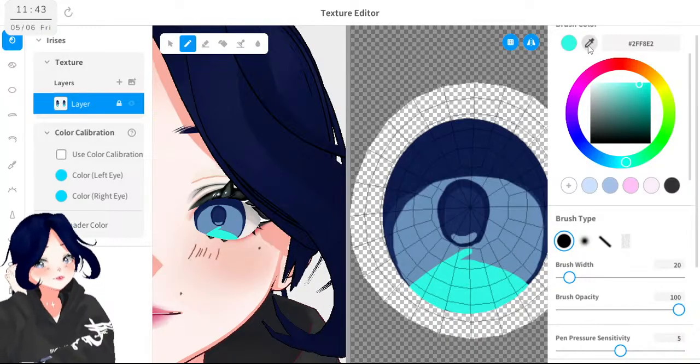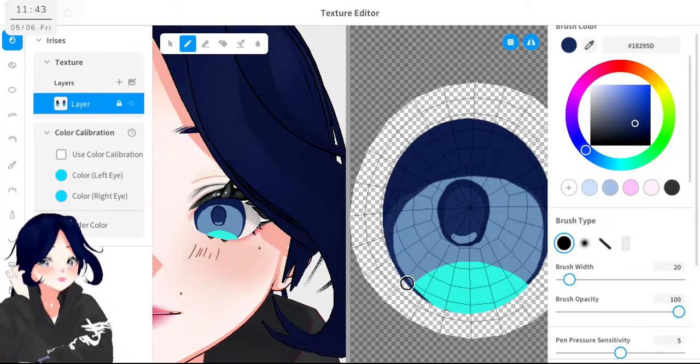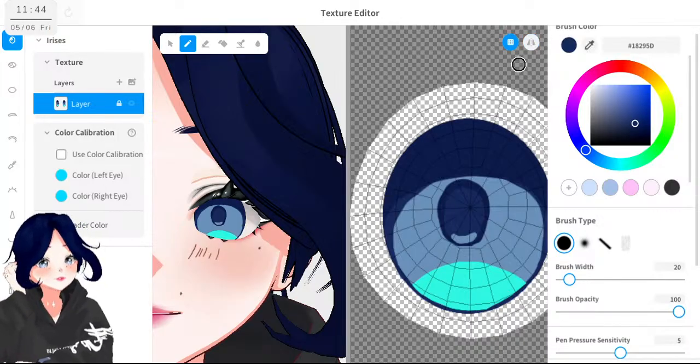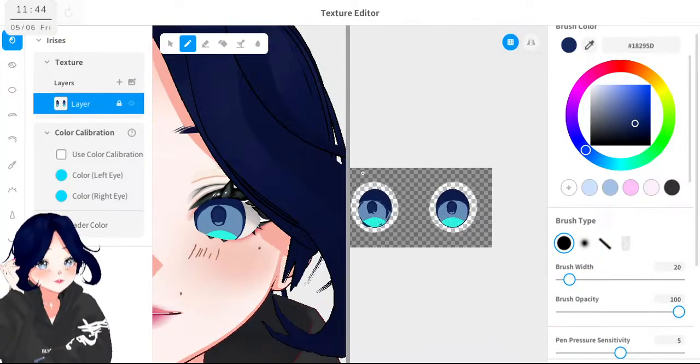Okay, let me switch back to this one. I think on Monday, instead of the regular art stream, we will also be working on this one, the model. And now let's turn off the mirror and let's fix this other one a little.